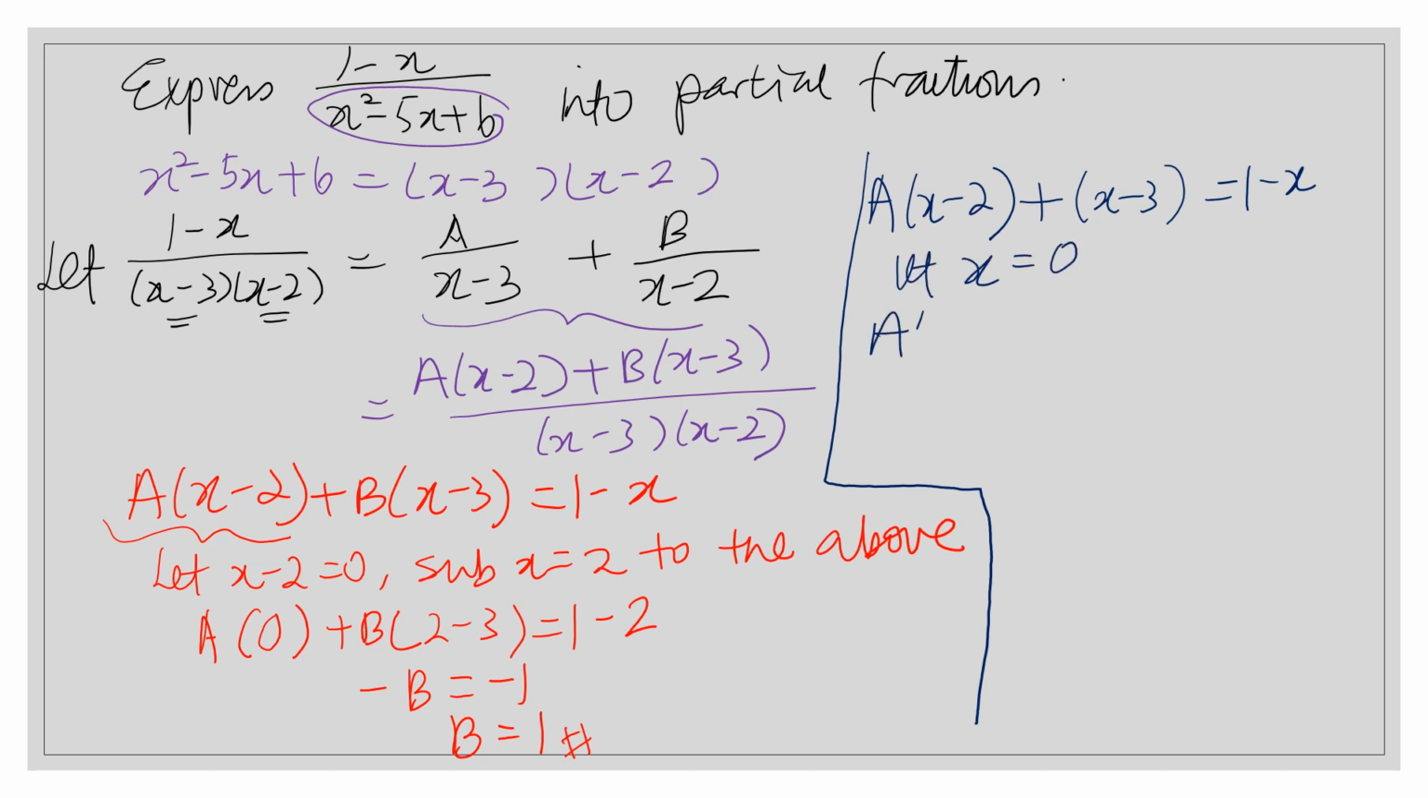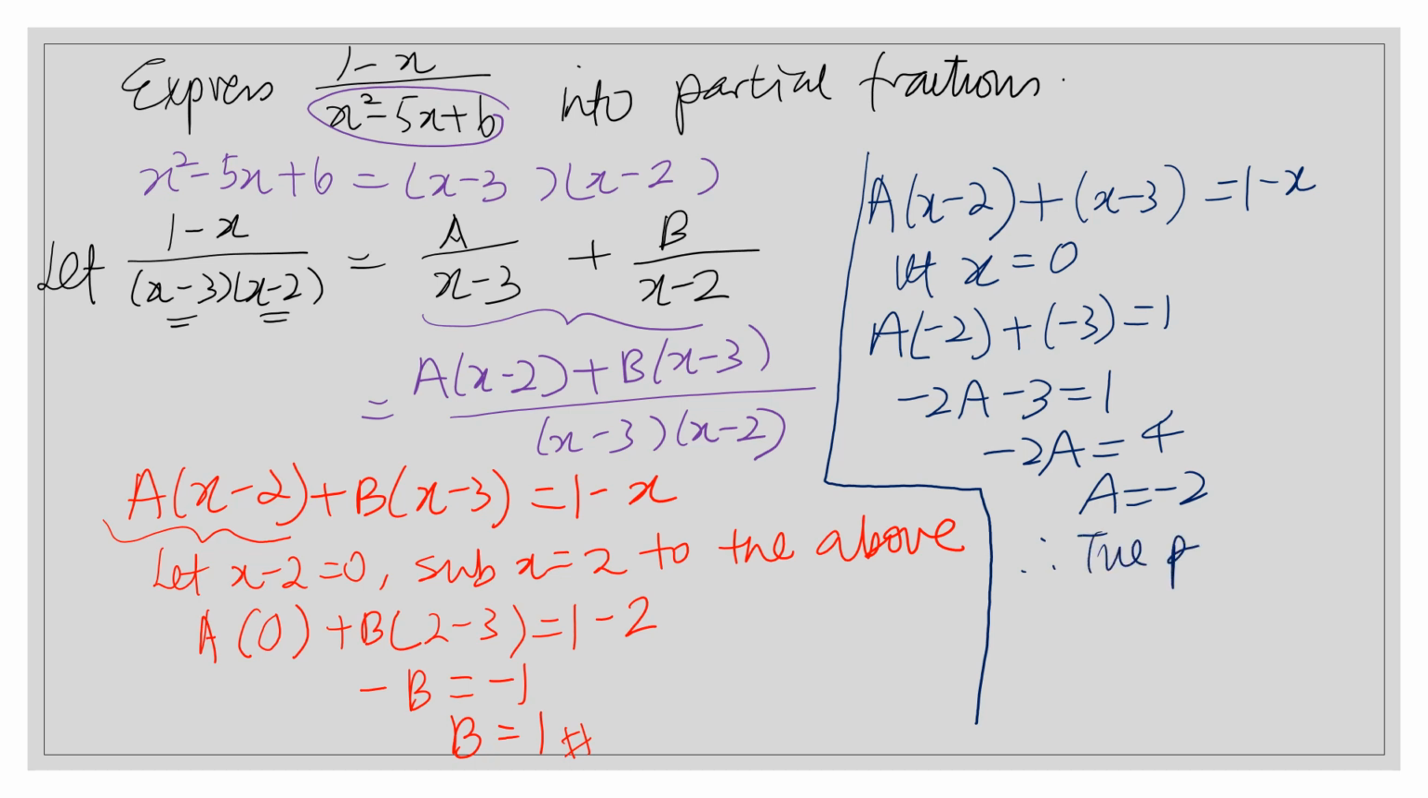Let's see what happens. 0 minus 2 gives you negative 2. 0 minus 3 will give you negative 3. 1 minus 0 will just be 1. So from here you get negative 2a minus 3 equals 1. Negative 2a is equal to 1 plus 3, which is 4. a is equal to negative 2. So therefore the partial fractions will be